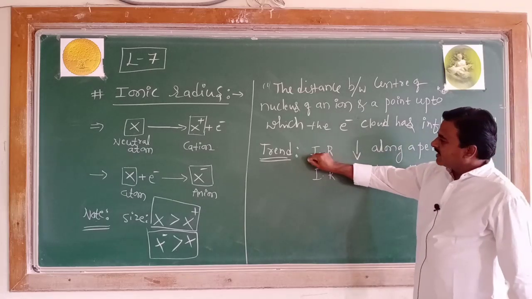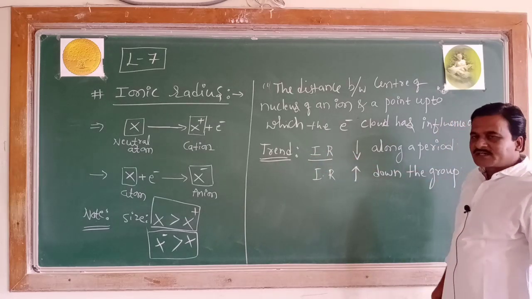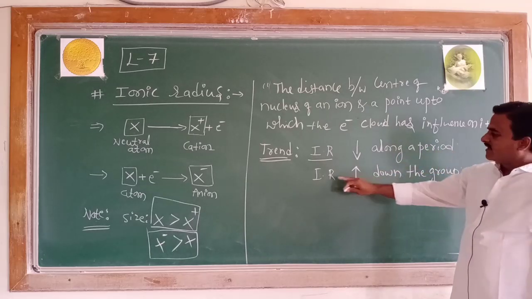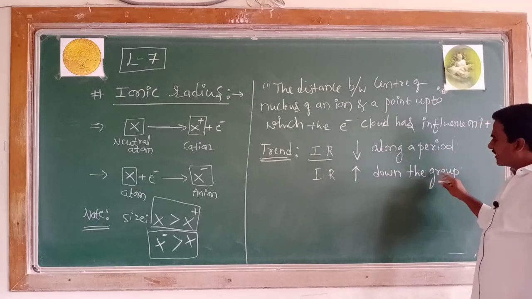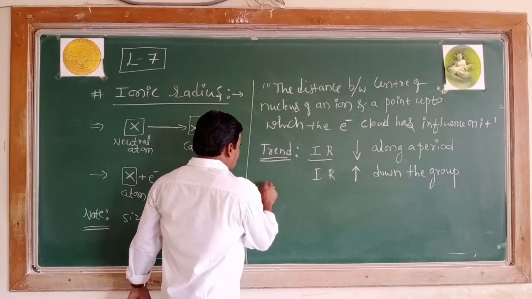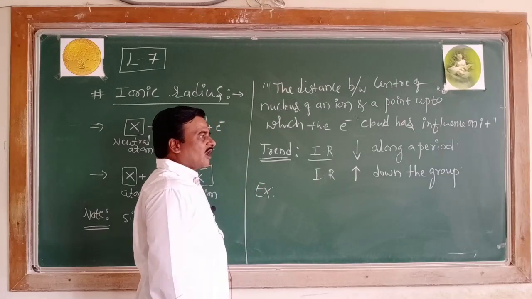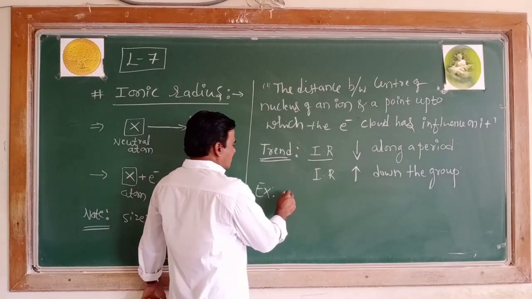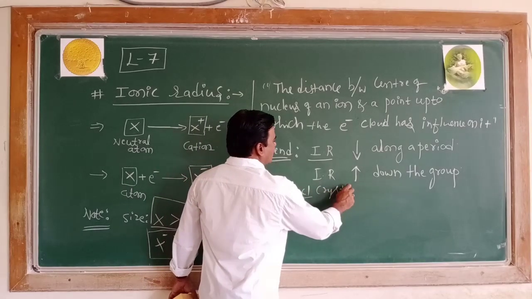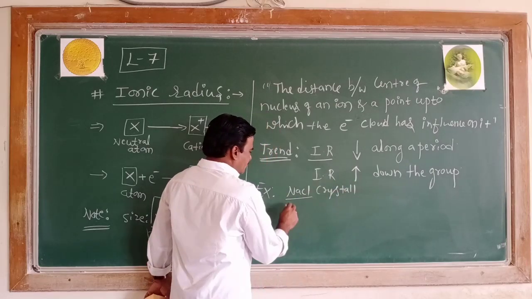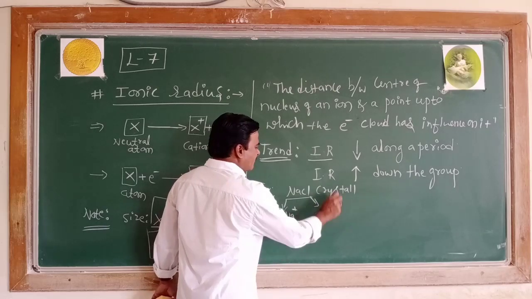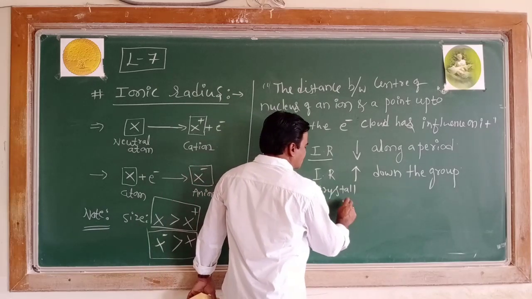So what about the trend of ionic radius in the periodic table? Ionic radius decreases along a period, while the ionic radius increases on moving down the group. If we take an example of a crystalline solid, how is this ionic radius calculated? If we take an example of a sodium chloride crystal, which consists of two ions, sodium ion and the chloride ion,